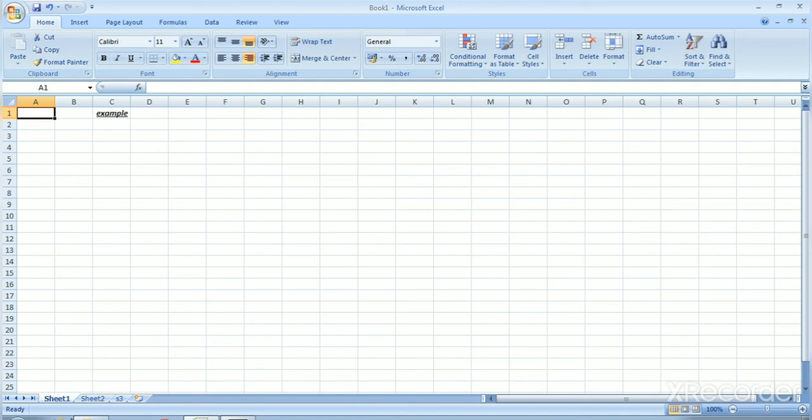Afterwards, the status bar. The bar at the bottom of the screen indicates what's going on in the program, like when you are saving your file, and whether the num lock, caps lock or scroll lock are turned on or not. Then the scroll bar. Both horizontal and vertical scroll bars can be used to view the hidden part of your worksheet. The vertical scroll bar is used to move up and down, and the horizontal scroll bar is used to move left to right on the worksheet.